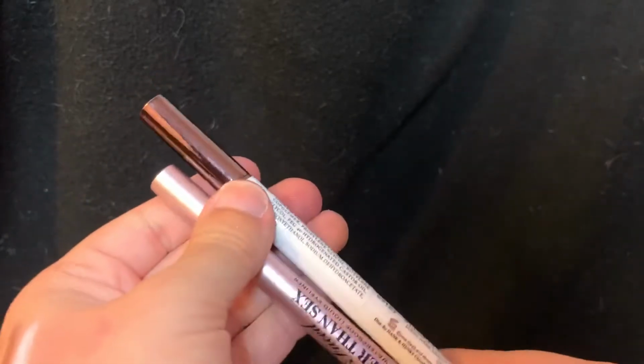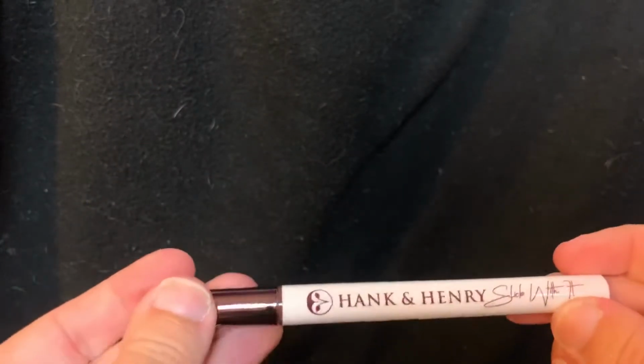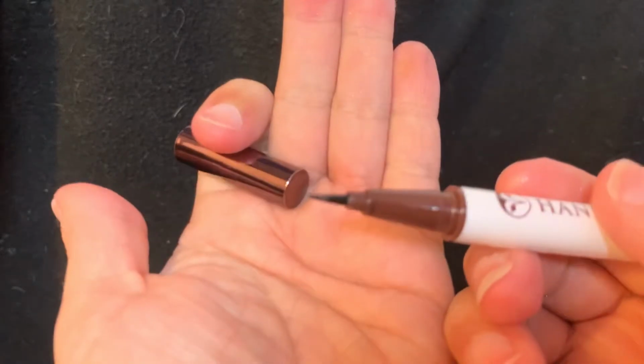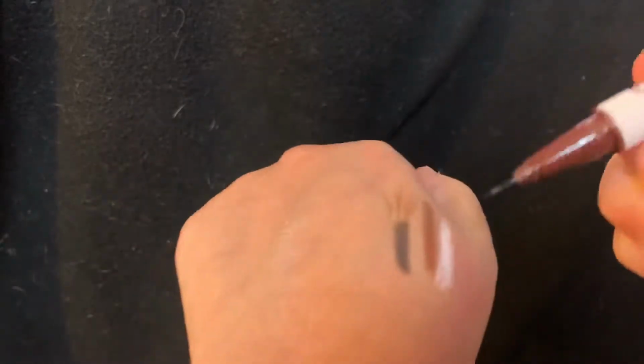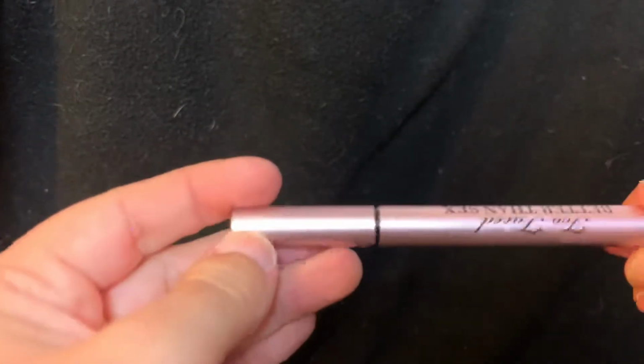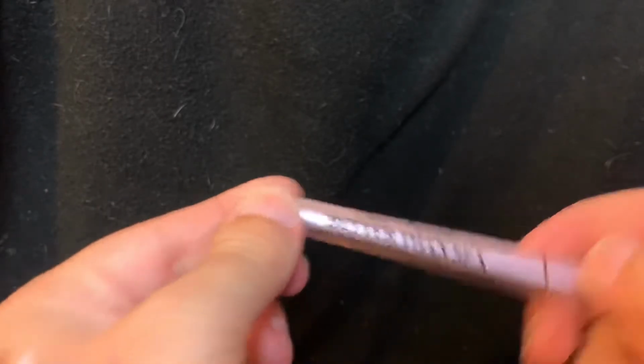For liquid liners, I picked the Hank & Henry Slick With It Blickety Black Liner. And you can see it's very thin and sleek and very, very good. And then the other one that I really love is from Too Faced. It's the Better Than Sex eyeliner. Again, very thin